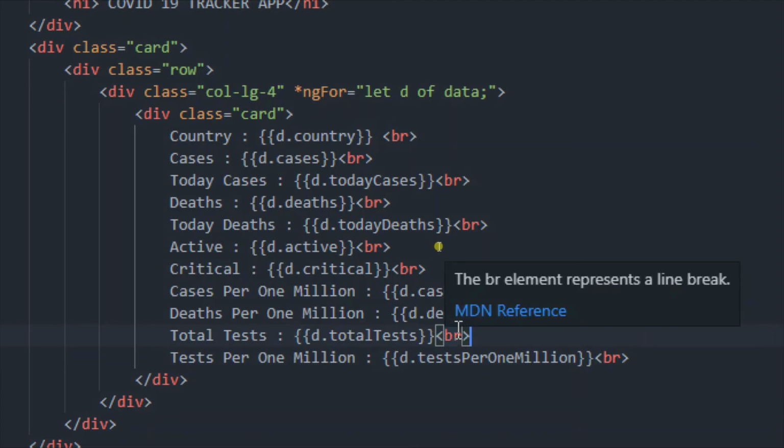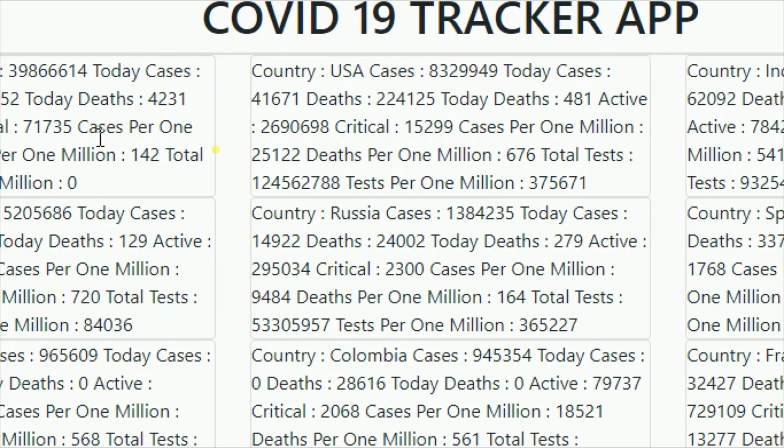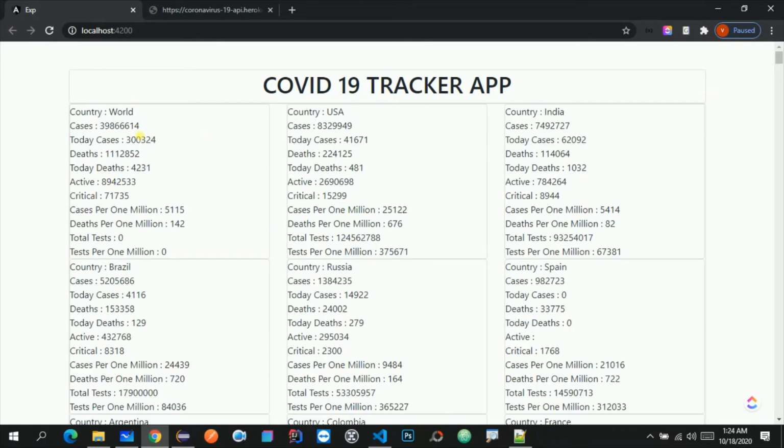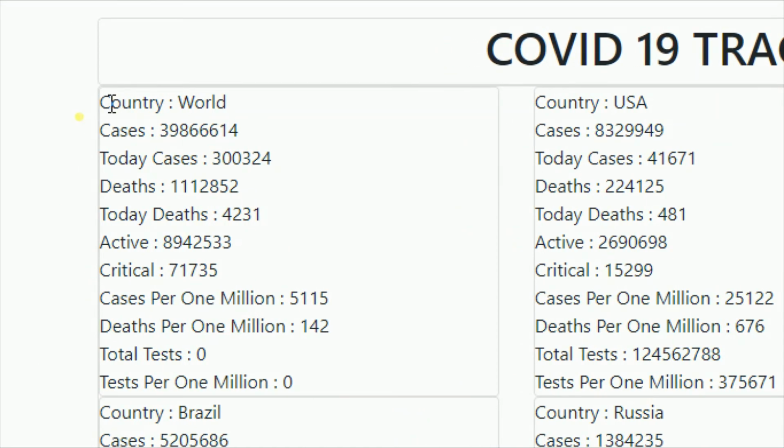Now let me save this and go to the browser again and see how it is looking. And now as you can see it is looking quite good and in a structured way.